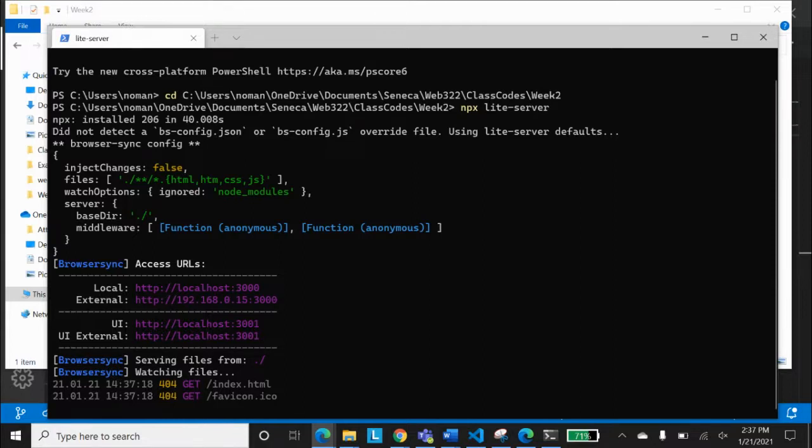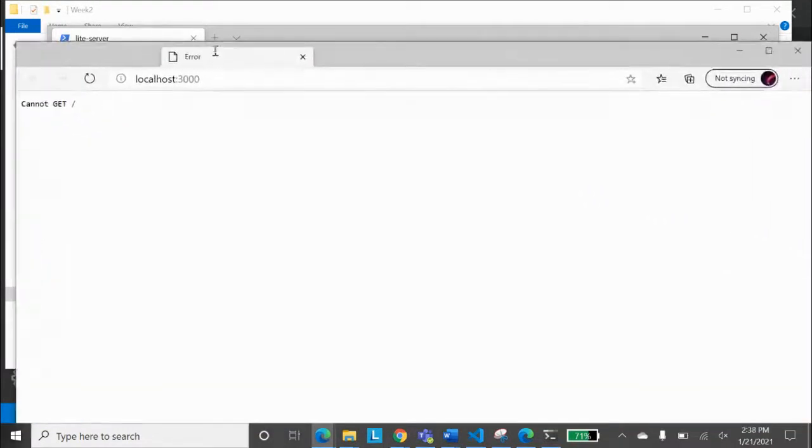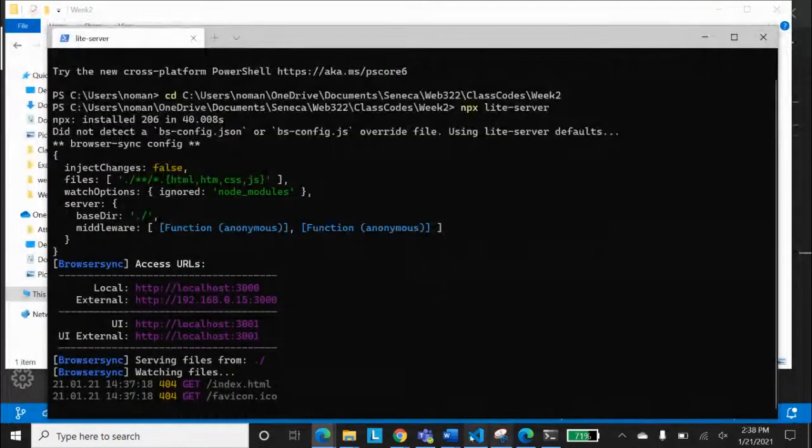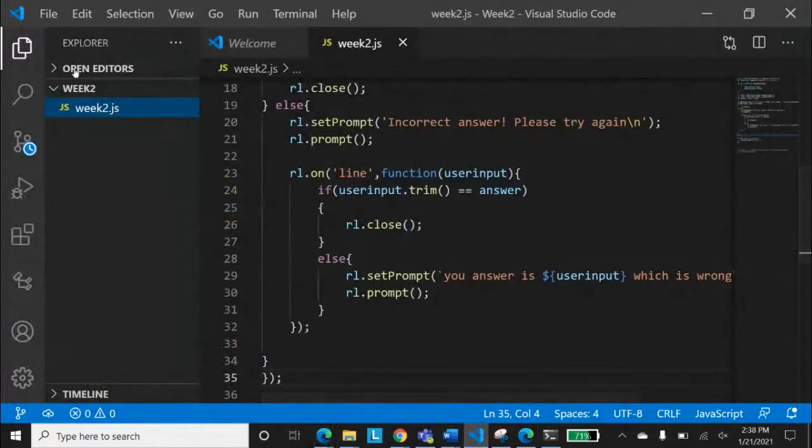Now see here. It's running a server, and it's running at localhost 3000. It shows localhost and says cannot GET. It is not getting any file, because the file that we have stored over there is not an HTML file. So let's do one thing, just for testing purposes.